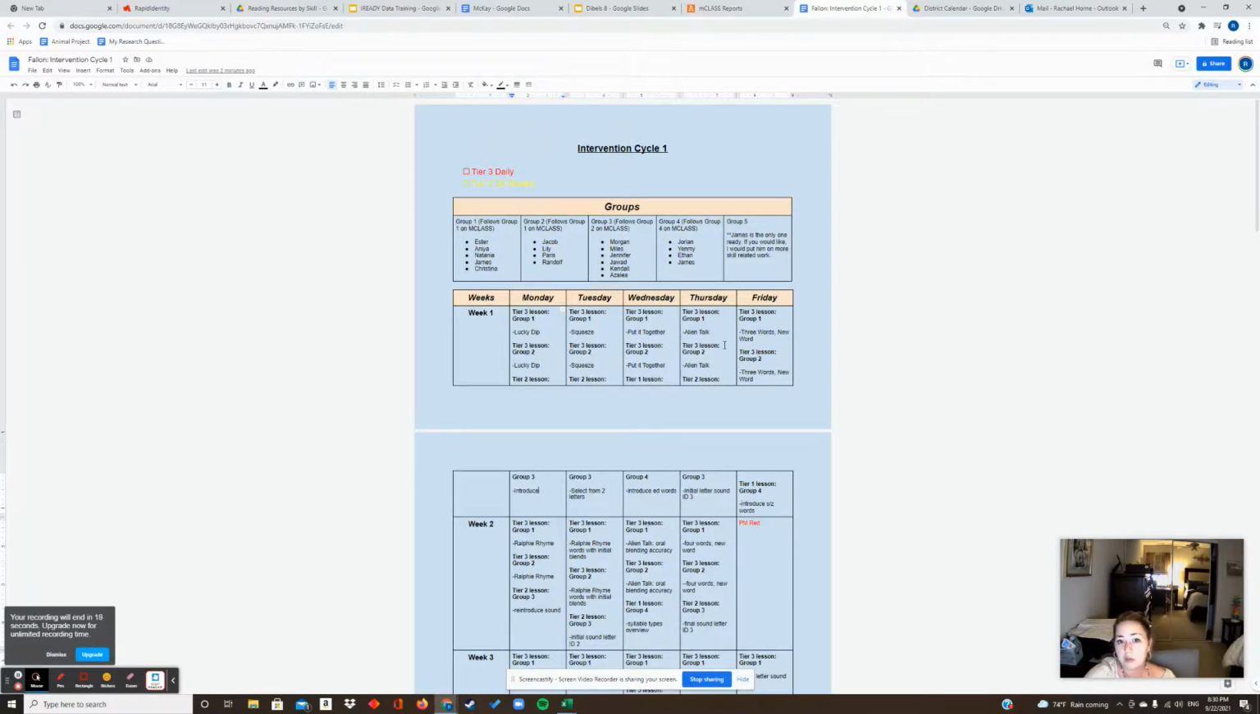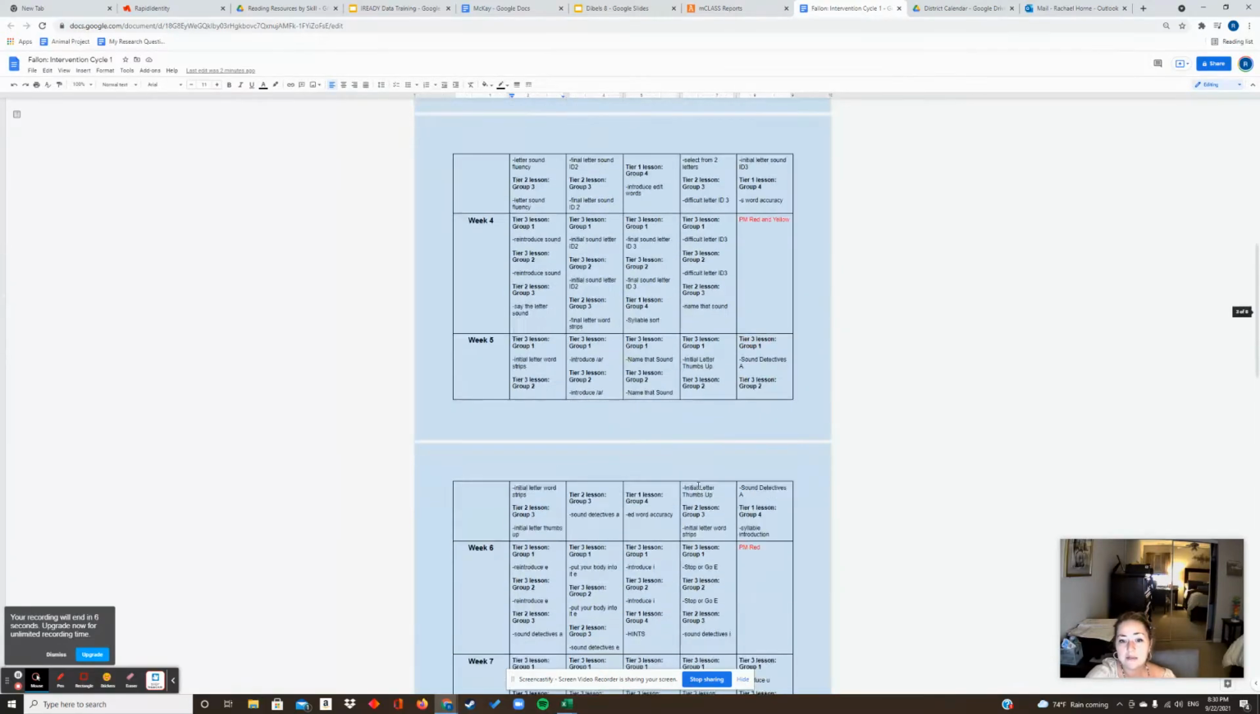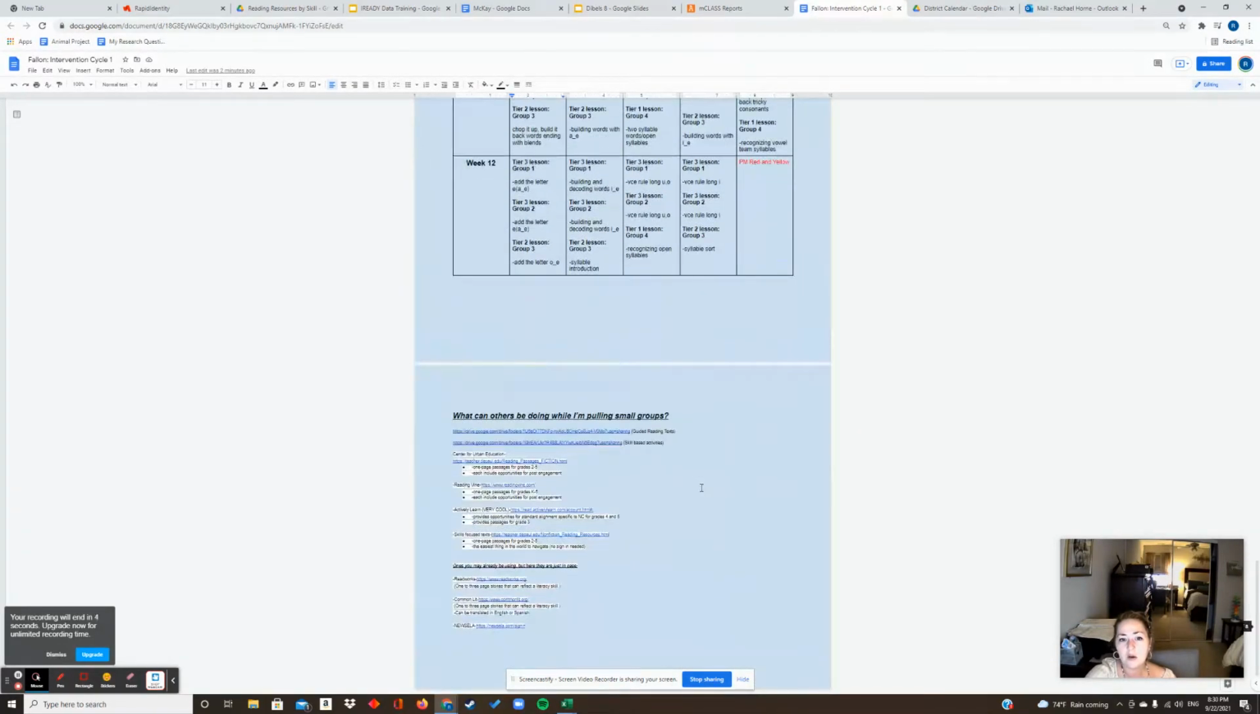So I literally just plugged that in and went in order and used some common sense on what I wanted to plug in and what lessons seemed like, okay, I don't have time for that. We need to move on. So this is just how I was thinking about it. And at the bottom here, when your kids are not with you in a small group, what can everybody